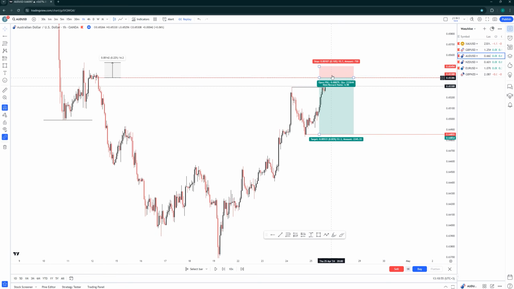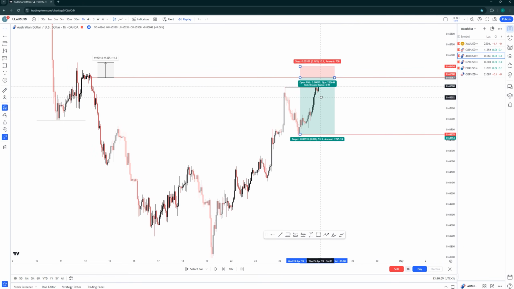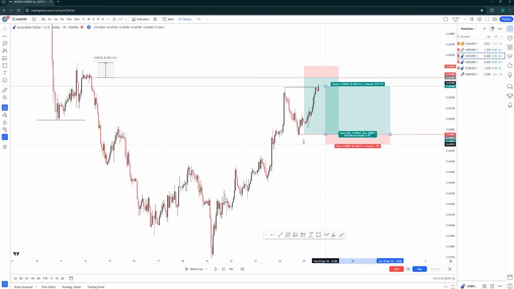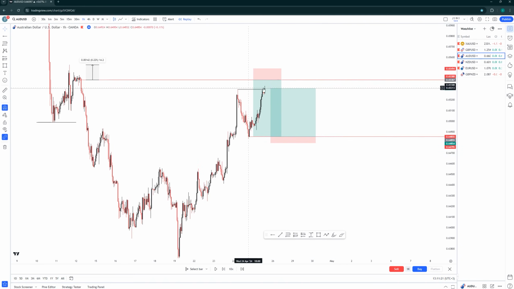So we know that if we took our sell entry at this point, we can have the buy entry at this point here. So let's put our buying entry here, and then our take profit will be at that point first. Our first take profit will be at that point. But if the market breaks up,